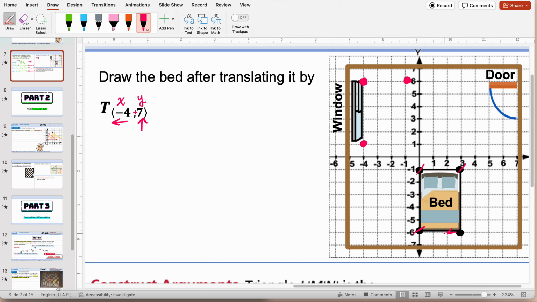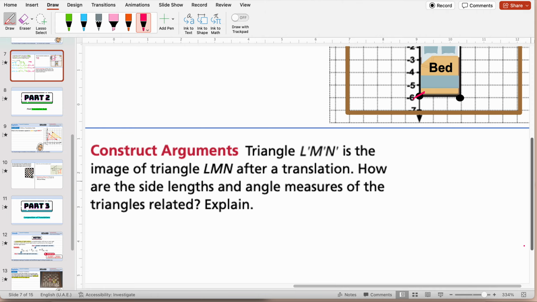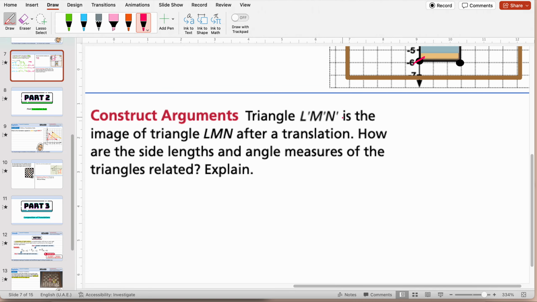Again, last one. 4 left, 7 up. 1 2 3 4 5 6 7. That's it. So I moved my bed. The new location is here. Done. Now last question, they're asking you, triangle LMN prime, this is the image,